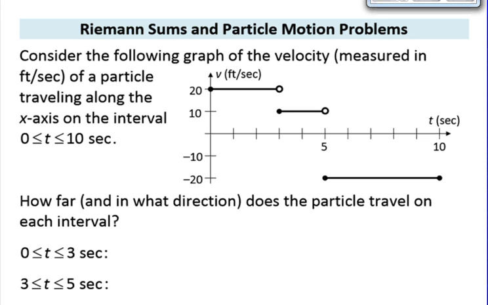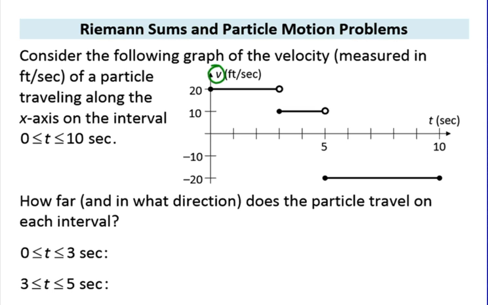If I'm given a rate of change, let's say velocity for instance, and you were given different velocities at different intervals, then you could accumulate how much distance was traveled. So we're going to start off with a very, very basic problem. If I'm giving you the graph of velocity, make sure you are paying attention to what you're given the graph of. So we're given the velocity, and for this example, feet per second, of a particle traveling along the